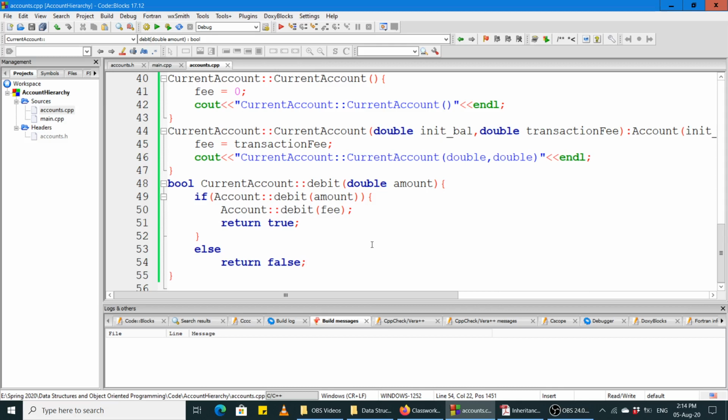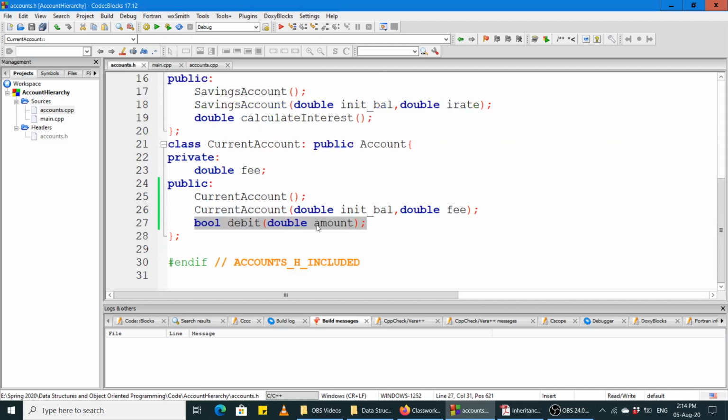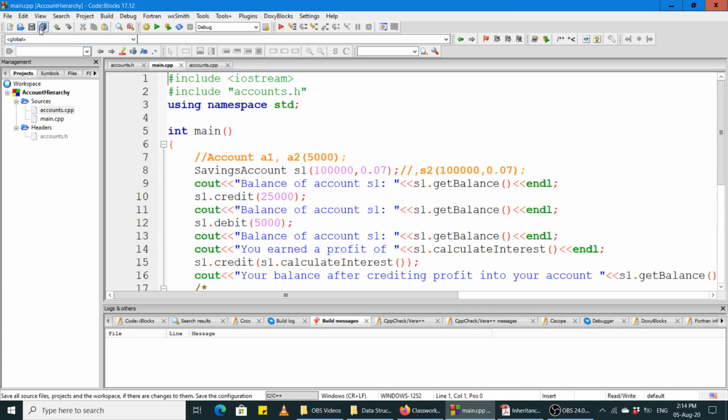आप child class में base class के किसी function की functionality को change कर देते हैं, but that functionality is also available to you. वो भी आपको available होती है, आप उसको भी use कर सकते हैं, ठीक है। यानी ये जो करंट अकाउंट क्लास है ना, it has two debit functions. One debit function is its own, the other one it inherited from the account class. अब आइए ज़रा इसको चेक करते हैं, इसको टेस्ट करते हैं।